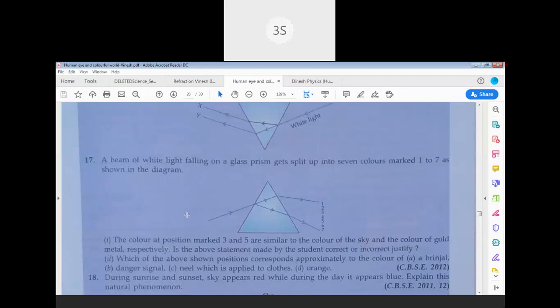Yes, yellow is on the top, red, orange, yellow. No, sorry. Oh, we are doing something wrong. VIBGYOR is from down. Yes, sir. VIBGYOR is from down, same. So three is yellow. Sir, it is vice versa.